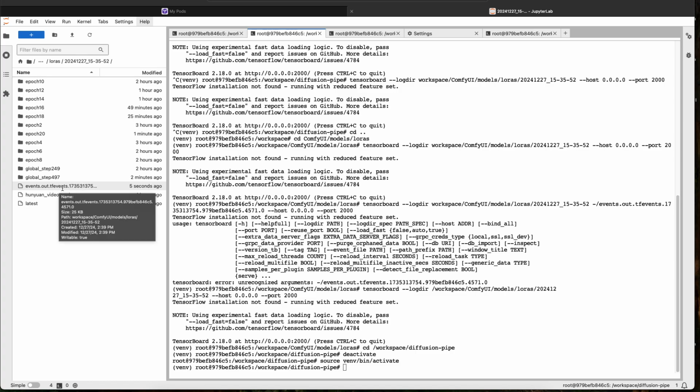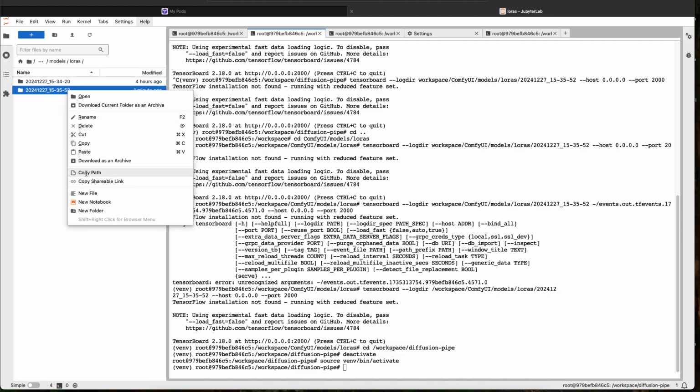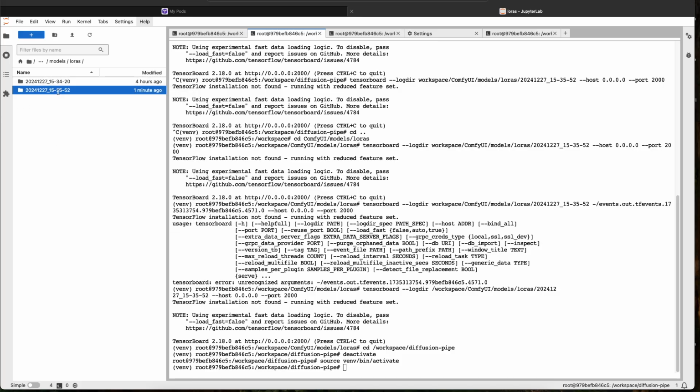This is the Tensorboard file, and the way that we call that file, we right click on copy path on the folder that we've been training in, and then we say Tensorboard --logdir, and then we make sure there's a slash in front, and we paste the path to that folder,